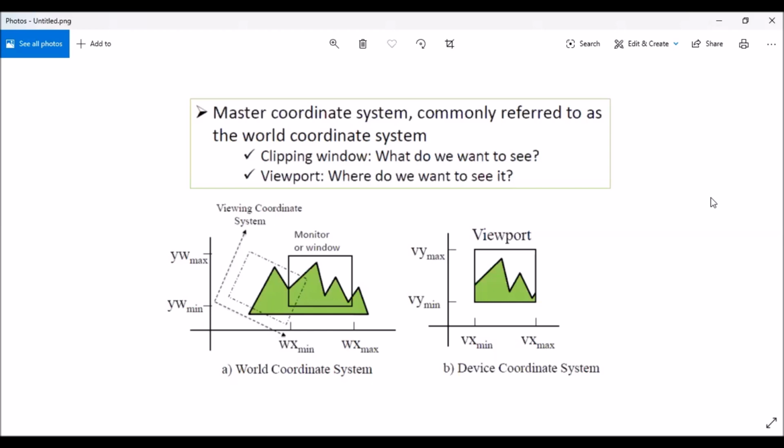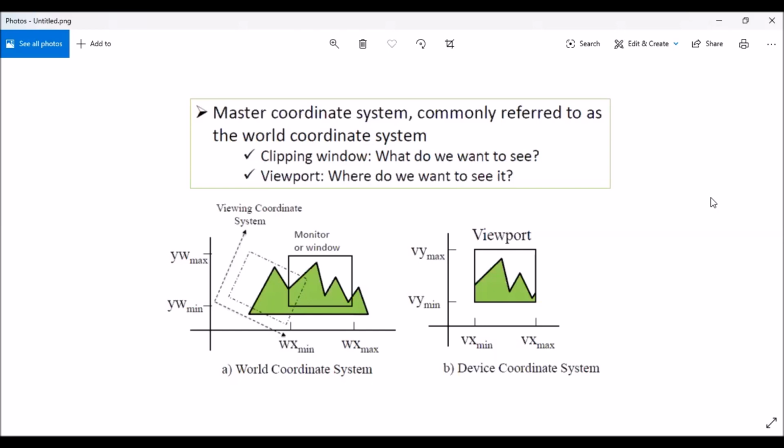So what you can do, you can select a portion of the scene, and that portion only will then be displayed on the device. That device is basically a display device, so it may be any two-dimensional screen. So it actually involves clipping window and viewport. So clipping window is, okay, what do we want to see in the complete scene?